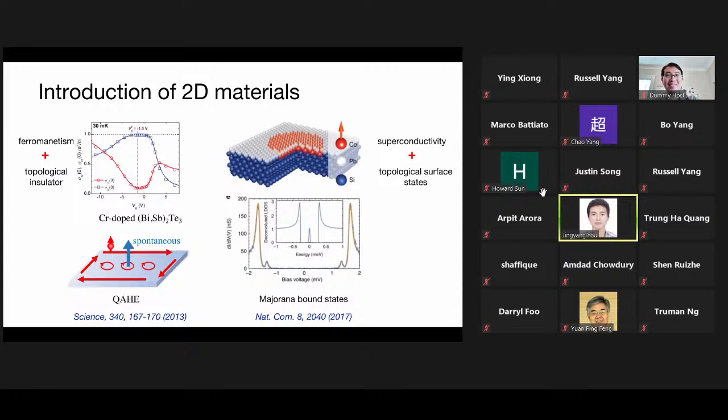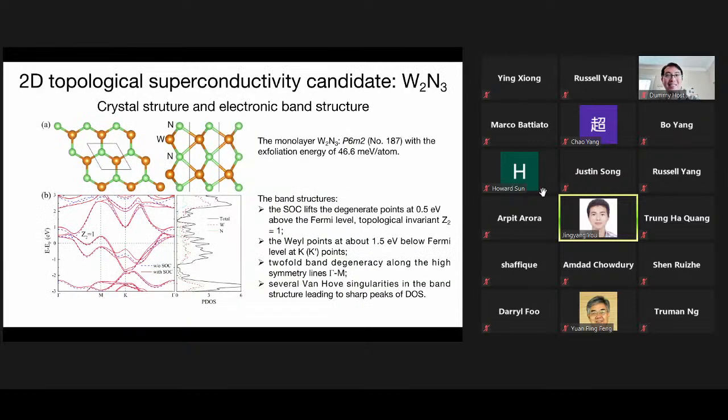Although several 2D superconductors have been reported, very few of them can exhibit topological states. So a crucial issue is to fabricate novel 2D materials with simultaneous superconductivity and non-trivial topology, while van der Waals materials may play an important role. Next, I will introduce our recent work on a 2D topological superconductivity candidate,